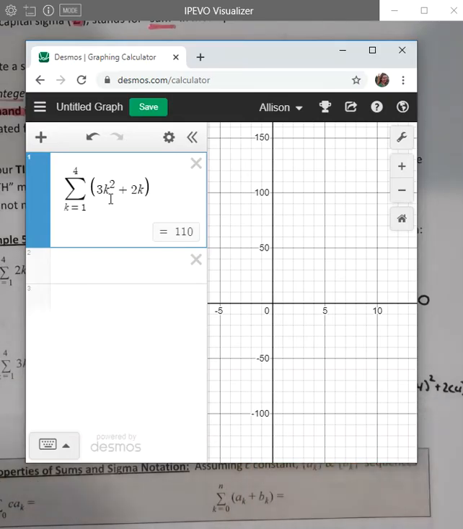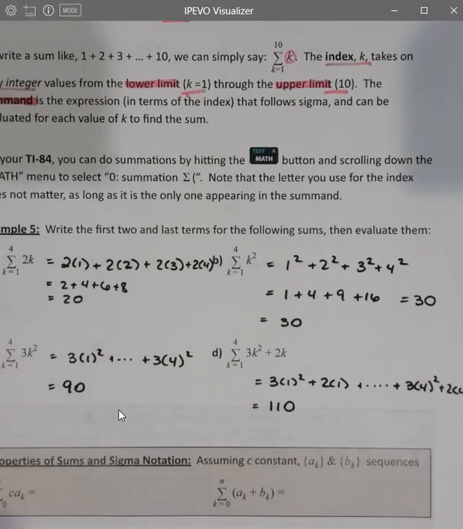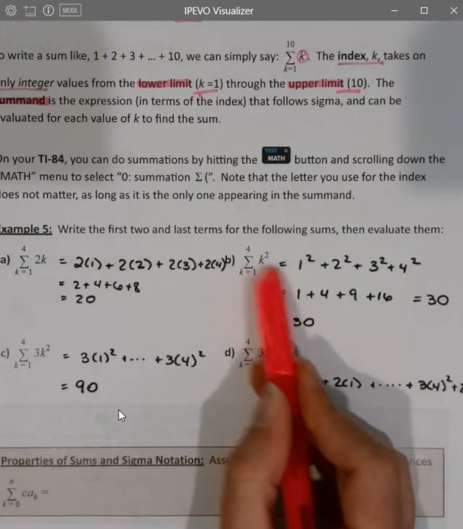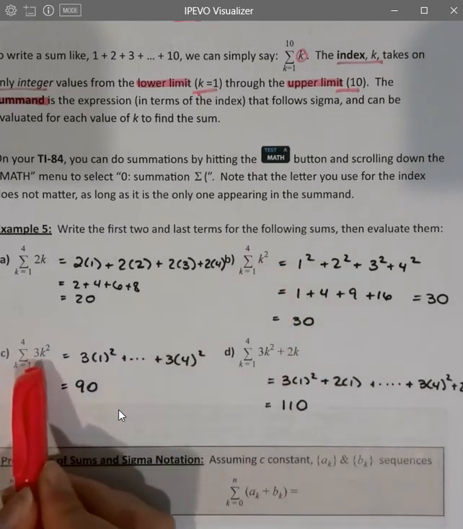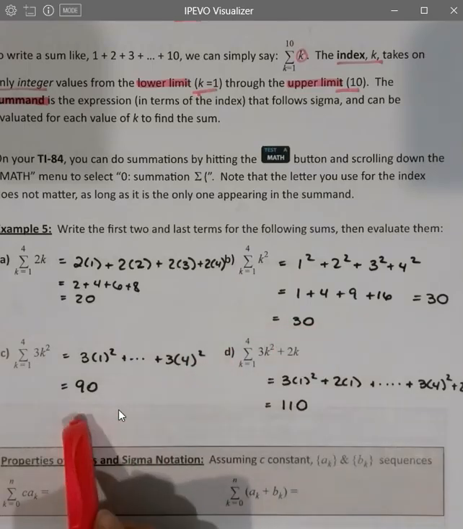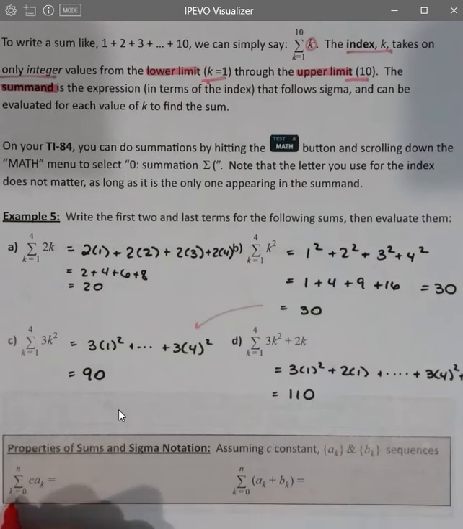Okay, now noting that if I knew what the sum of k squared was, it's 30. The sum of 3 times k squared, 3 times 30, 90. Not surprising. So that leads us to a conclusion here for if you want to do the sum from